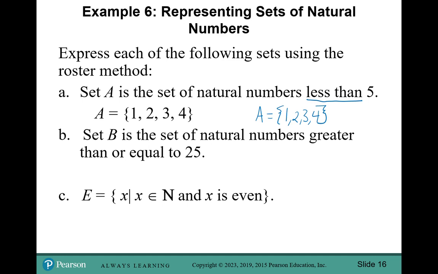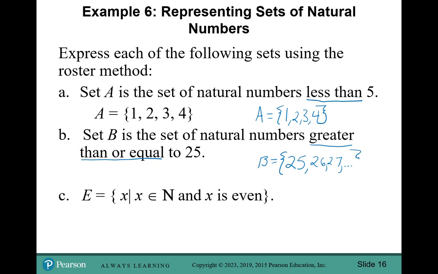Let's look at the set B. It is a set of natural numbers greater than or equal to 25. The key here is that not only is it greater than, it's actually equal to 25 as well. So B equals the set of natural numbers that are greater than or equal to 25. Because it says the word equal to, I know I start at 25 and then go up because it's greater than. So 26, 27,